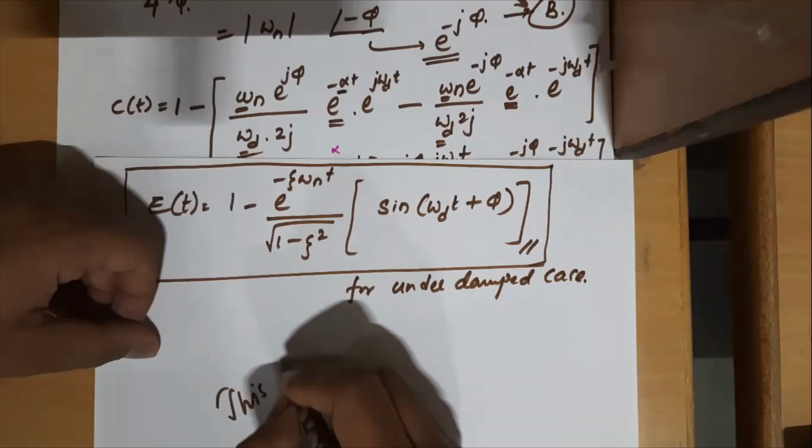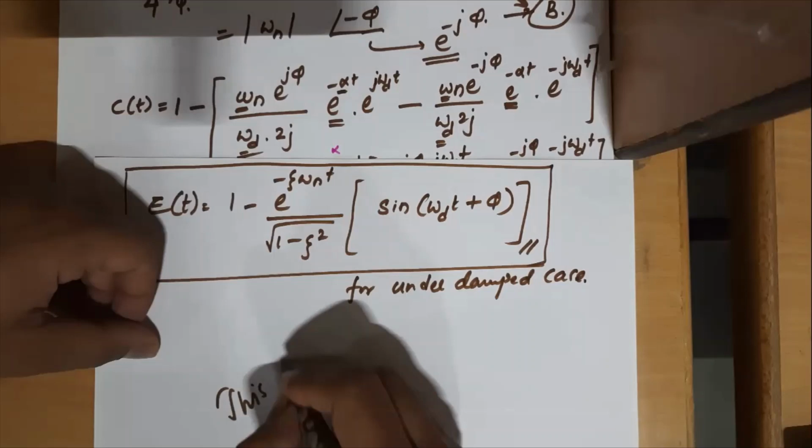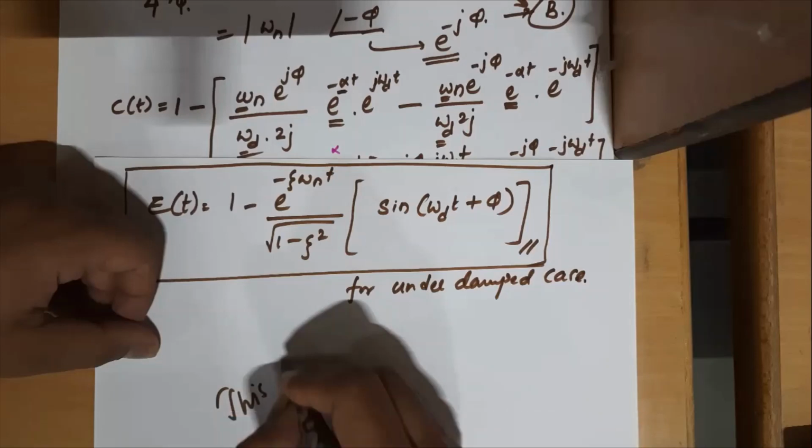If you substitute zeta equal to 0, just try it later. You can try it later. If you substitute zeta equal to 0 for an undamped scenario, because we said underdamped is between 0 and 1, just for the sake of clarification or cross verification,